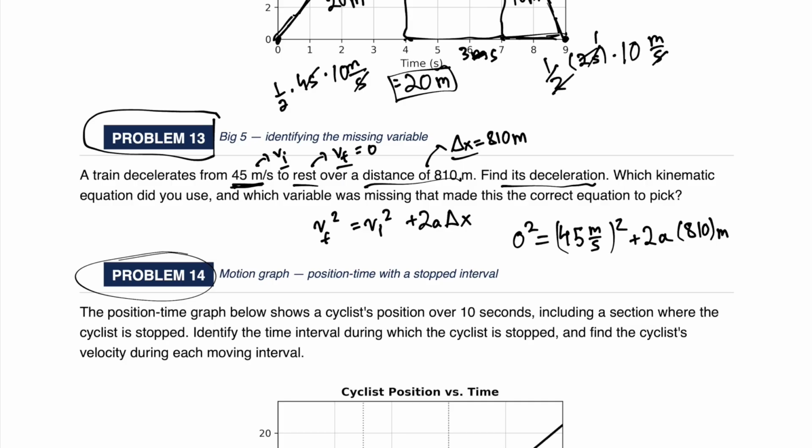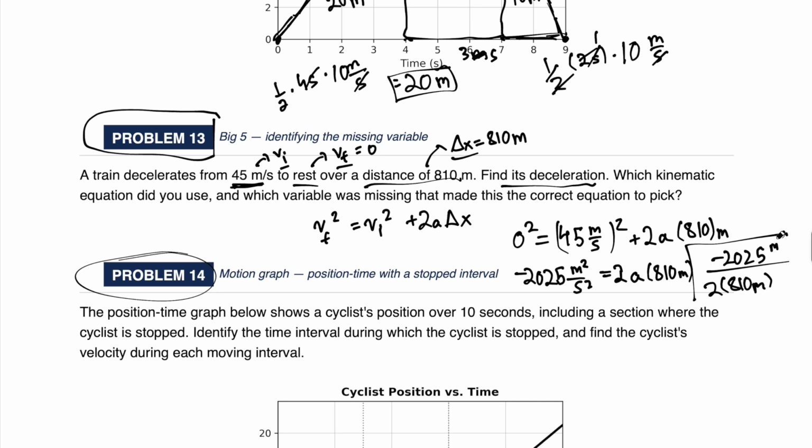Okay. So if you subtract the 45 squared from both sides, you can get negative 2025 meters squared per second squared is equal to 2a times 810 meters. You can divide negative 2025 by 2 times 810 meters to get rid of both of these. So I put my units here so I can understand my meters is going to cancel out and give me a meter per second squared. And if I divide this properly,